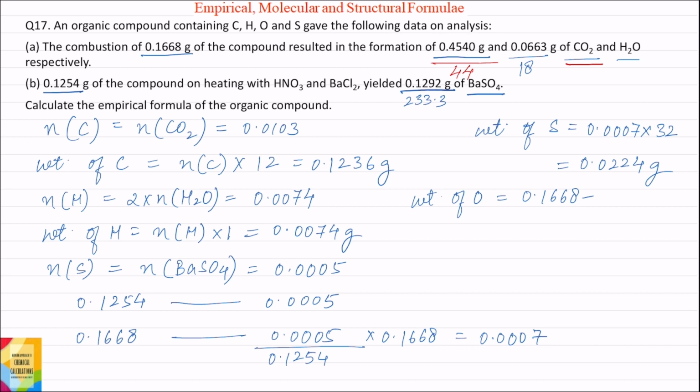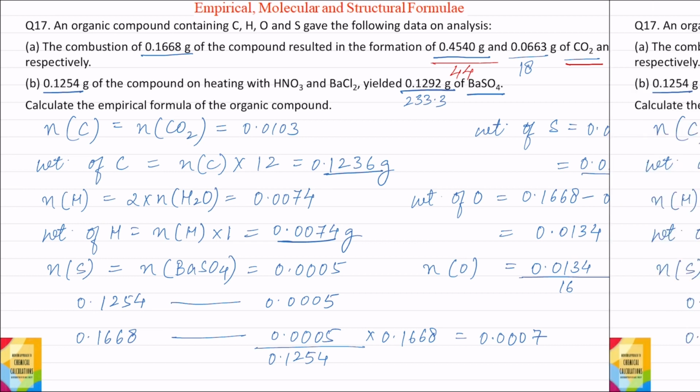Now weight of oxygen will be equal to weight of the compound, that is 0.1668, minus the sum of the weights of carbon, hydrogen and sulfur, which is equal to 0.1534 grams, and this is equal to 0.0134 gram. Now moles of oxygen will be equal to weight of oxygen divided by atomic weight of oxygen, that is 16. So 0.0134 gram divided by 16 is equal to